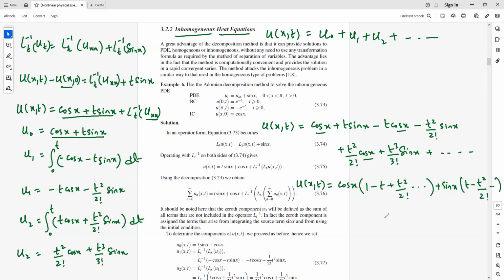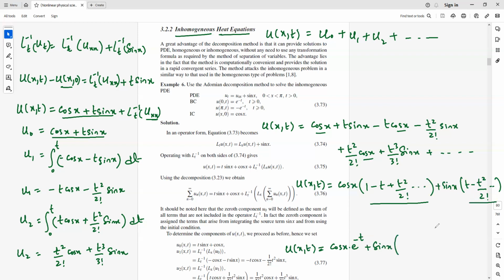Now this expression here is nothing but the Taylor series expansion of e to the power negative t centered at 0. Therefore, we can write it as cosine of x times e to the power negative t plus sine of x times